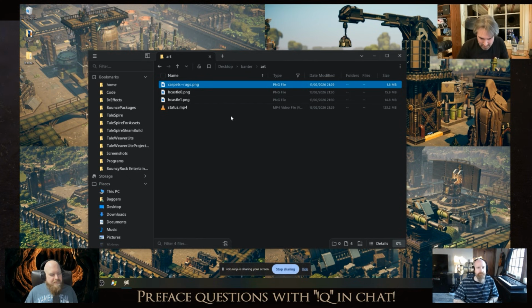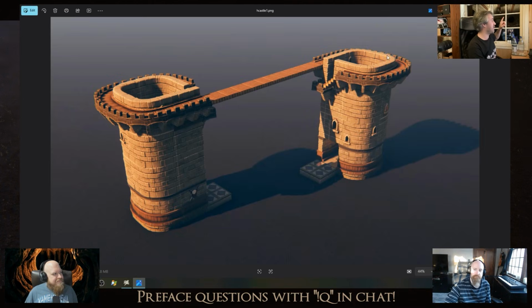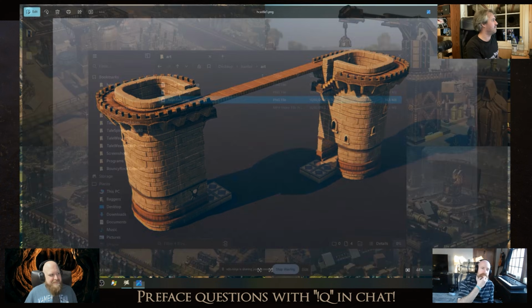Let me see if I missed anything. Oh, yes, I did. Hannah also wanted me to tell you that there are roofs being made for this as well. So new roofs are coming. Yes. They're going to be sick. They are. Again, she's so good at pushing us into experimenting with different kinds of tiles and layouts and things. So that's been really beneficial, and it's going to be cool to see what comes out. Yeah, I'll leave it at that for now.